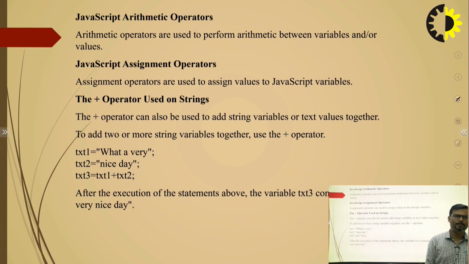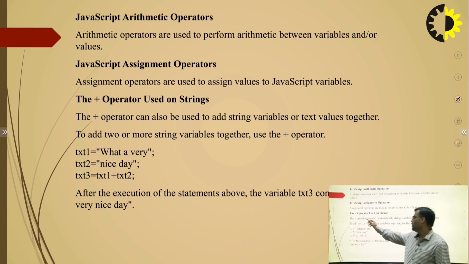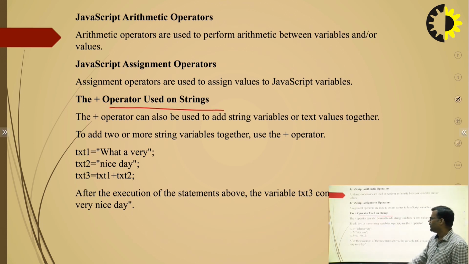JavaScript arithmetic operators. Arithmetic operators are used to perform arithmetic operations between variables and values. So here we will use different types of operators. First of all, the plus operator. The plus operator used on a string. Suppose that